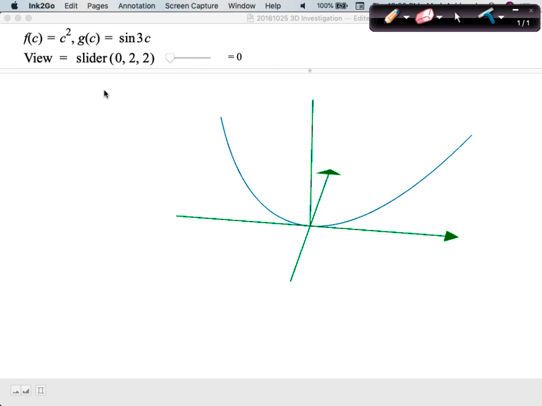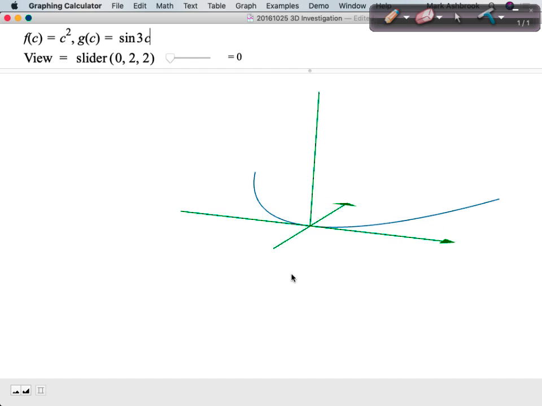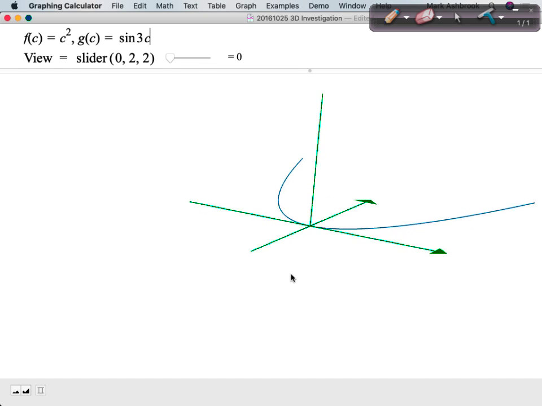Is c referring to like an axis? Is c referring to something in the graph? No, c has nothing to do with the graph, right? These function definitions are totally apart from their graphs. It's just defining a relationship between two quantities, and it's just using the symbol c as an independent variable. Okay? So now I've got a graph there, and I want you to tell me, based on functions f and g,